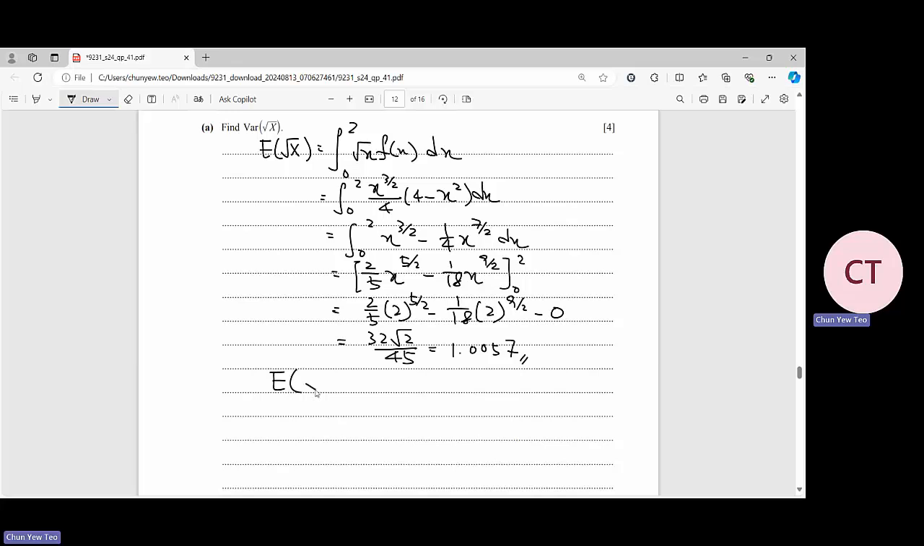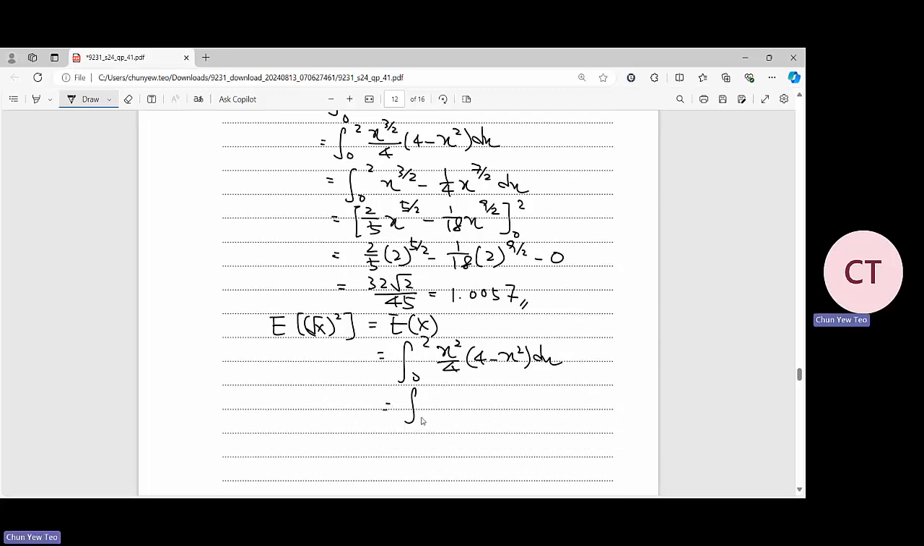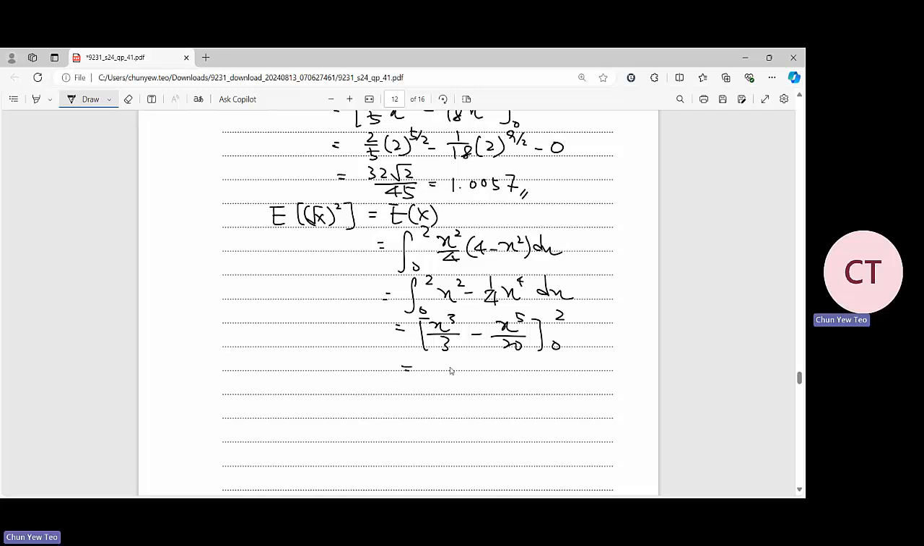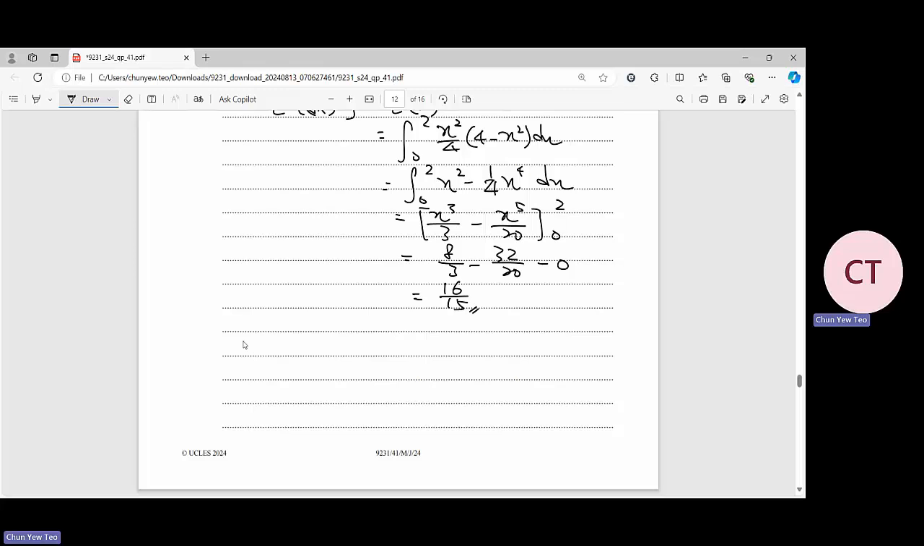Now we want to find E of the square root of x, squared, which is the same as E of x. So this will be the integral from 0 to 2 of x squared over 4 multiplied by the rest. Integrate: x squared minus 1/4 of x to the power 4. You get x cubed over 3 minus x to the power 5 over 20 from 0 to 2. So you get 8/3 minus 32/20 minus 0. Press a calculator and you will get 16/15. We prefer exact value, at least I prefer exact value, so I will avoid using decimal places over here. Now the variance of the square root of x is actually E of x